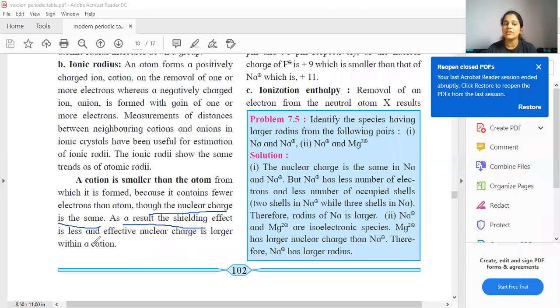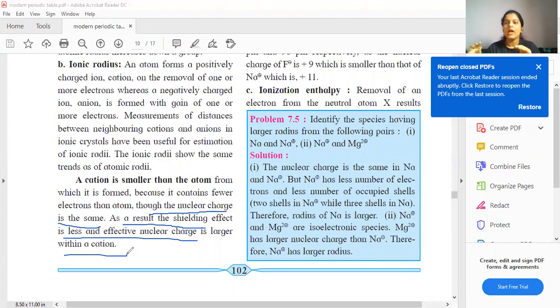Okay, this last point is also very important. So see students, if we are removing electrons, meaning we are trying to reduce the shielding effect. Shielding effect is caused because of the core electrons. Now see students, core electrons are mainly electrons present in the first few shells, like the first shell or second shell. Now what if my atom has only two shells in it? You all are understanding? So when I'm removing electrons, I'm basically removing core electrons and I'm reducing the strength of